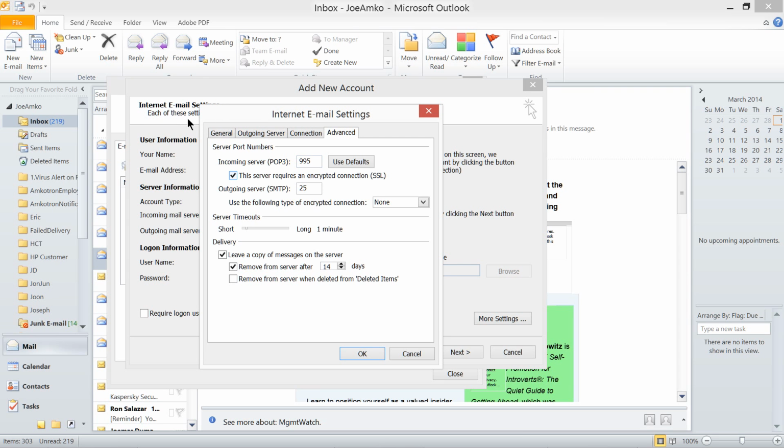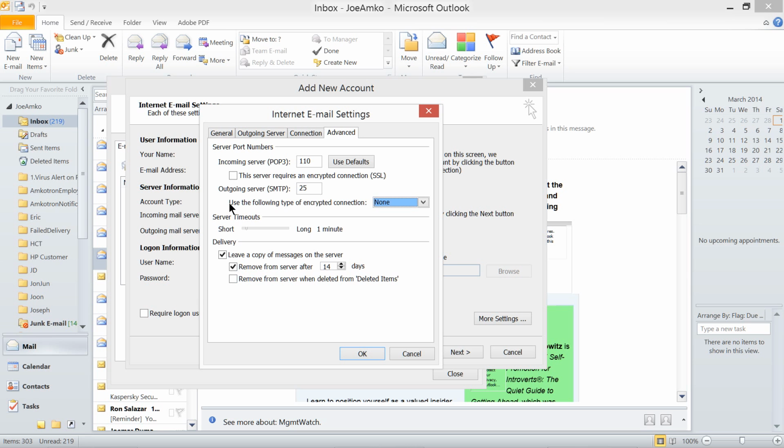Sometimes the server requires an encrypted connection, but it looks like this server doesn't require that. And for another encrypted connection for outgoing, like for instance SSL or TLS, or just choose auto, but it looks like this one doesn't require it.